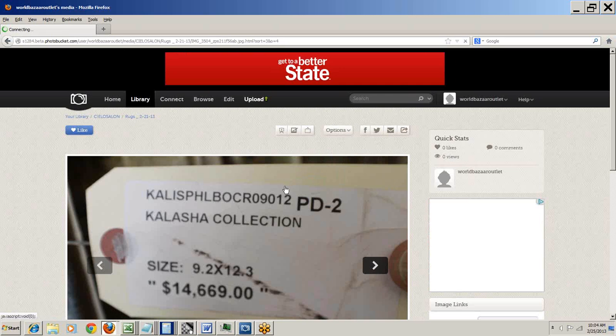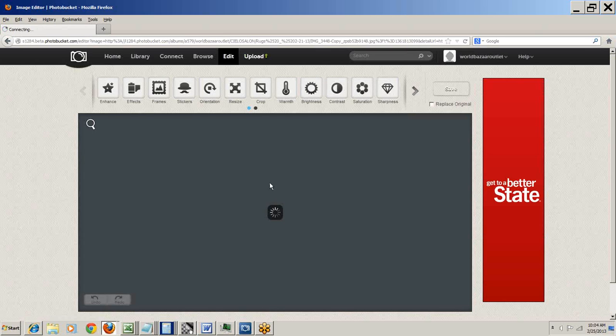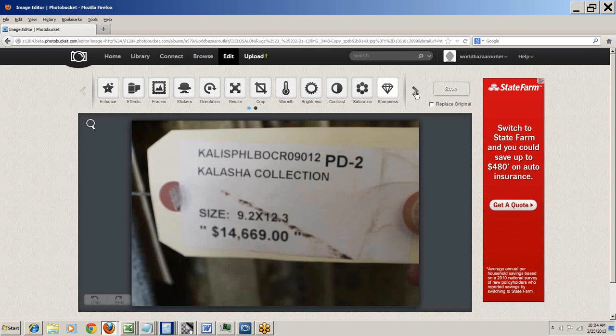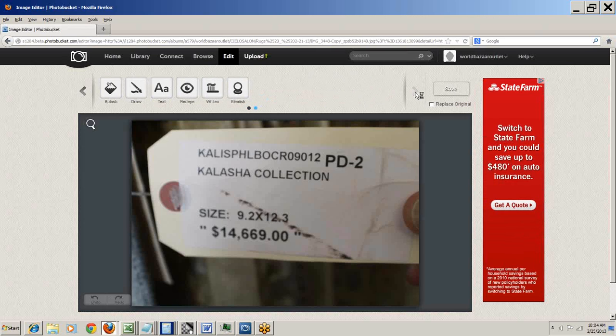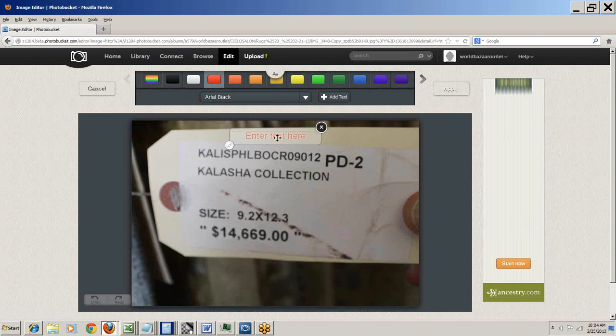Once we're going to edit this one here, it goes into this mode of editing. Just gotta wait a little bit for the computer here. Okay. You go to the second bar here. See how there's two little sticks here? Go here, go to the next, and then go to text. Okay, pick red, move this here, and then I want you to put